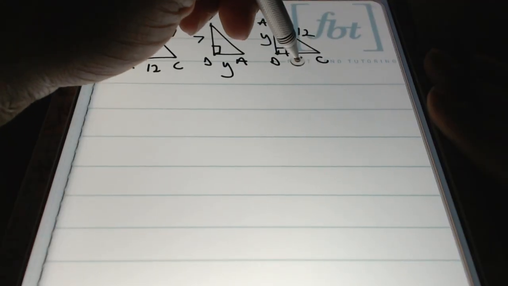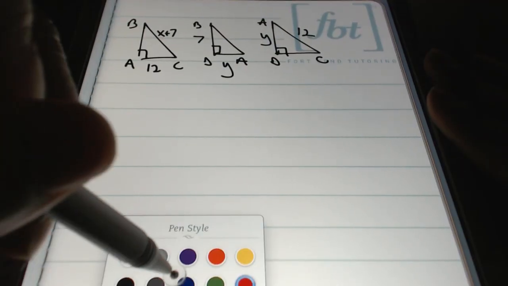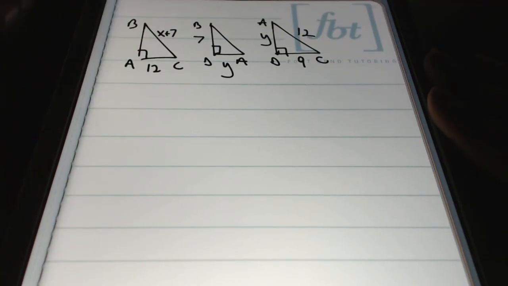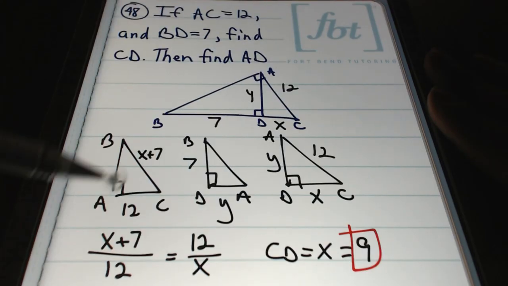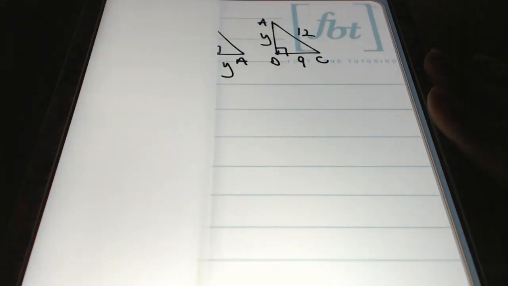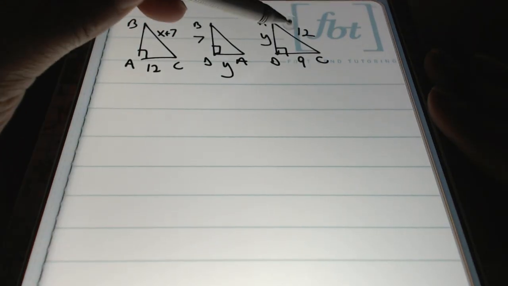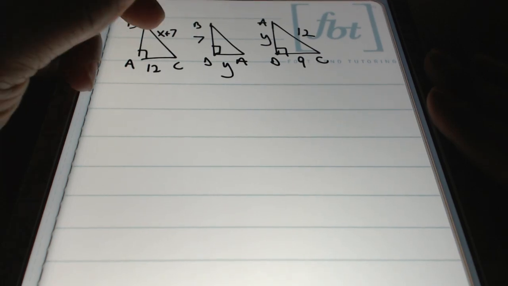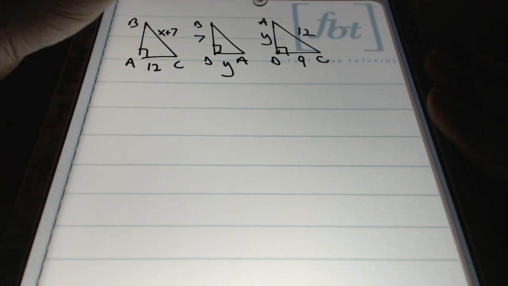I appreciate it. So here, guys, we just solved for x, and x is 9. So let's go ahead and put that in, that we know that this is 9 now. And we're finally going to solve for AD. And if we're solving for AD, guys, notice that we now have 2 lengths out of a right triangle. We have 2 out of 3 sides here, guys. So with these 2 out of 3 sides, we can solve for this value of y, the AD length, by